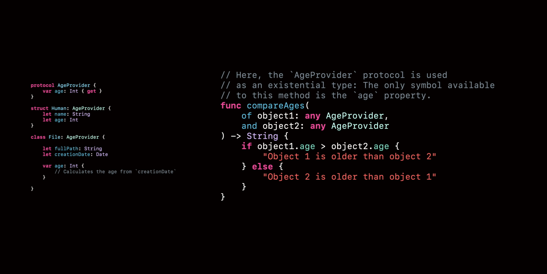So, structures and classes have a lot in common. Judge for yourself. Both allow you to store data and run some procedures. Instances of both can be passed around, used as function parameters, and so on. Both can conform to protocols and fulfill some requirements. And the object which uses them wouldn't even know if you passed a value or reference object. All it sees is the existential type. But that is just scratching the surface.